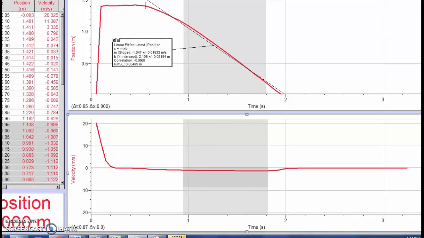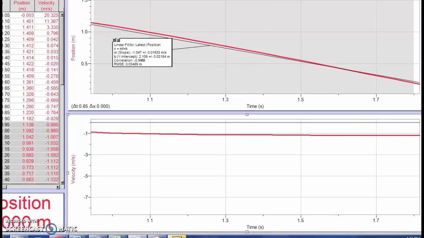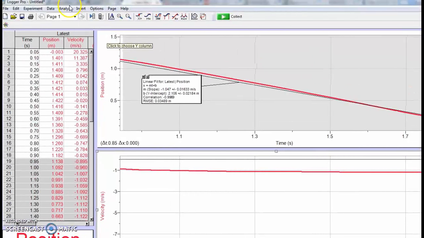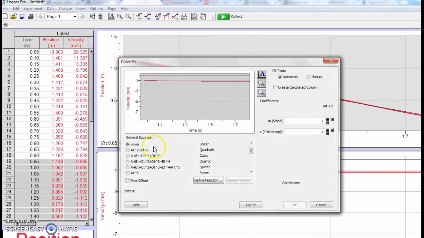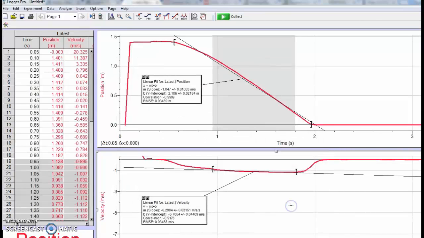And I'm going to zoom in again. And I'm going to go back to the Analyze button. Select Curve Fit again. It should still be on linear. I'll select Try Fit. Hit OK, and now I'll also have a line for my velocity time graph. It'll include slope as well as a y-intercept. This is what you'll be using to answer the questions for the rest of the